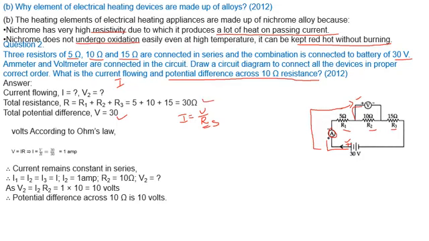So let's substitute the values. I is equal to the potential difference 30 upon the resistance, which is also 30. So my current comes to 1 ampere. Now we have to find the voltage difference across the resistance of 10 ohm, right? To find the voltage difference, what is the formula? V is equal to I into R. I is 1, so I'll put 1, and the resistance is 10. So 1 into 10 is 10 volt. So the potential difference V comes to 10 volt. This is how we have to solve this sum.